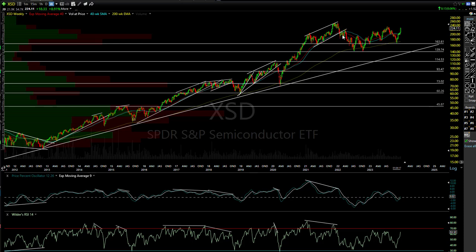They have a lot of overlap, a lot of the same companies, but different weightings. And then some have different semis than others. So it's not the complete same sector. Some have more holdings than others. This one is yet to make a new high.